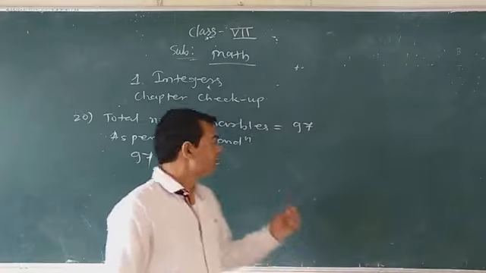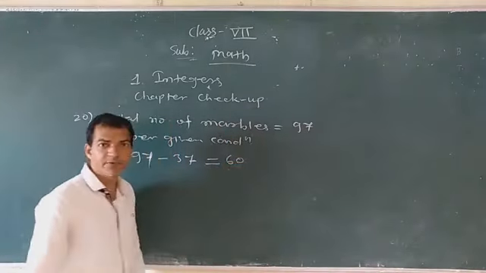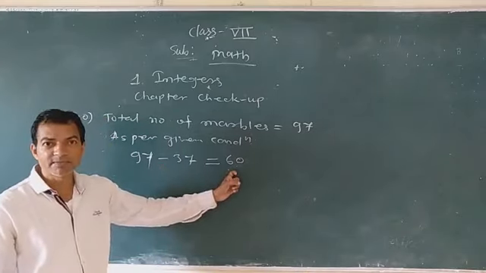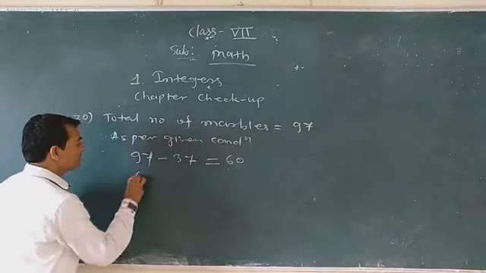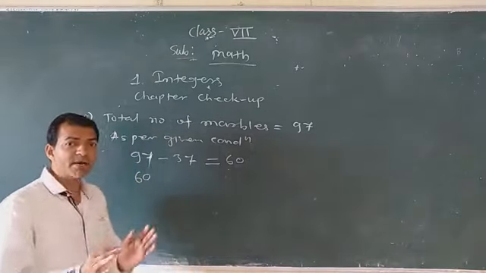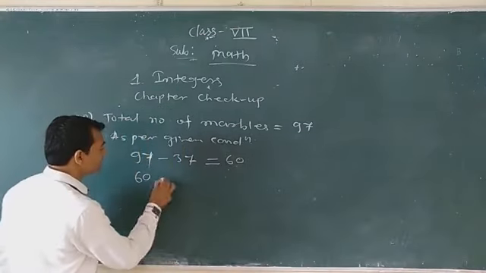Okay. What is the answer here? If you want to find here, you can get 60 marbles. So 97 minus 37 is equal to 60 marbles. Then in this 60 marbles, Adrian came and added some marbles. Some marbles means it is not given. You have to find how many marbles. Suppose that is x.